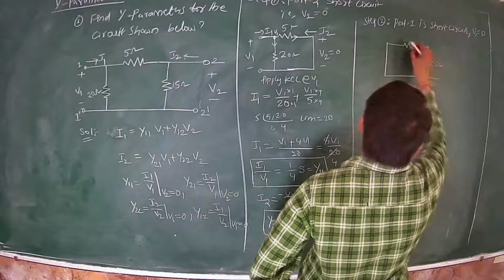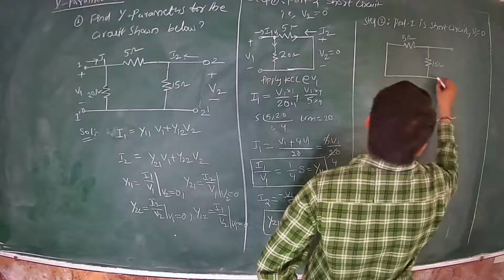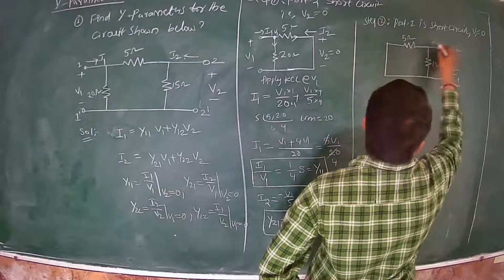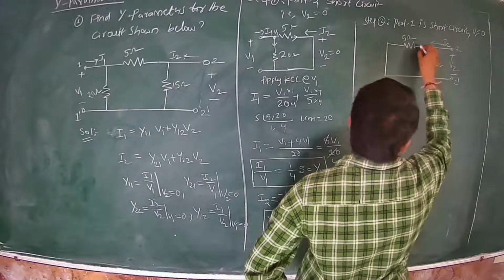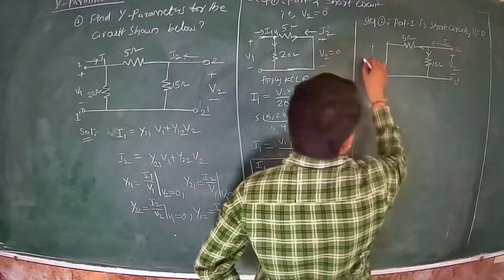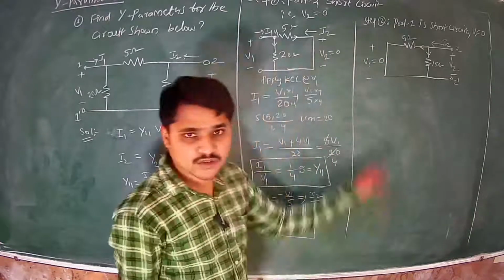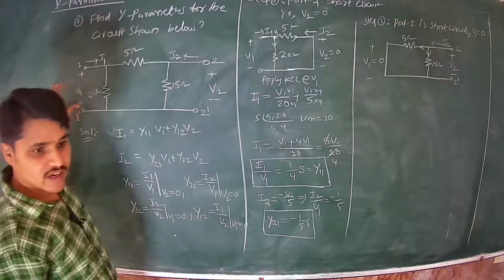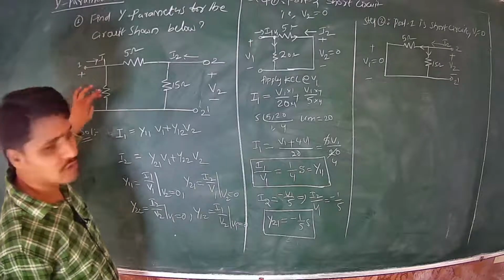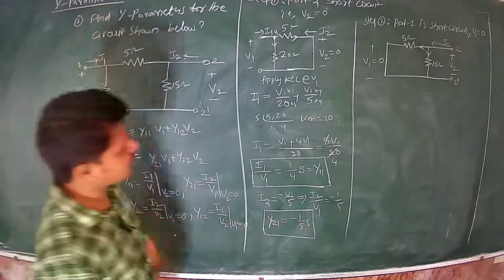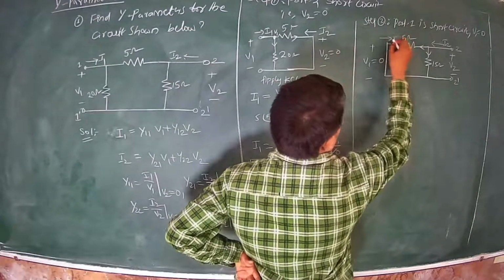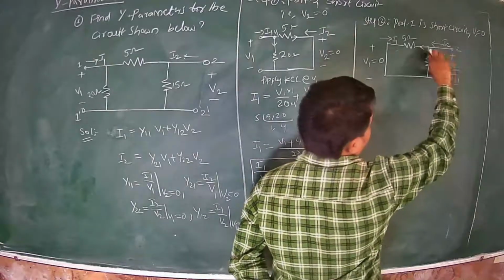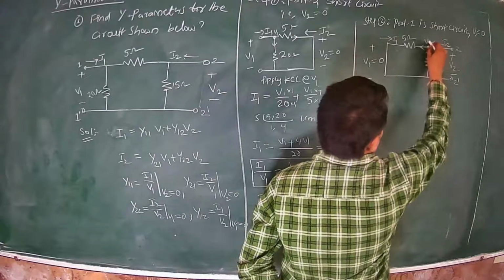So 15 ohms, 5 ohms. This is port 2, voltage is V2, current is I2, this current is leaving like this. Of course, this voltage V1 is 0 as it is short circuit. This 20 ohm resistor and this 0 are in parallel, so that is a 0 combination, but current I1 is flowing here. Then the voltage at this 15 ohm resistor is nothing but our V2. Therefore, the voltage at this node is V2.